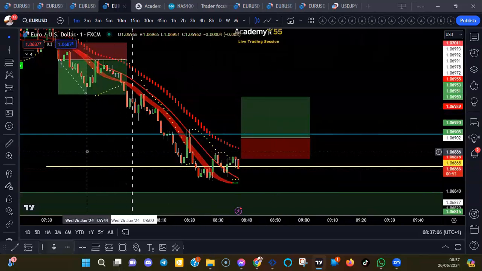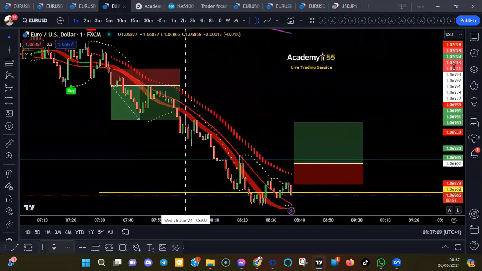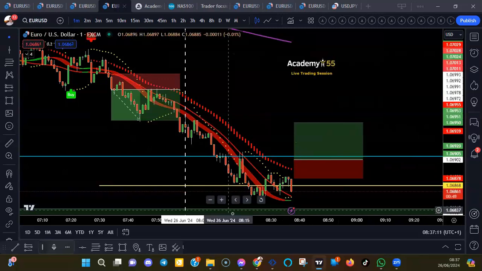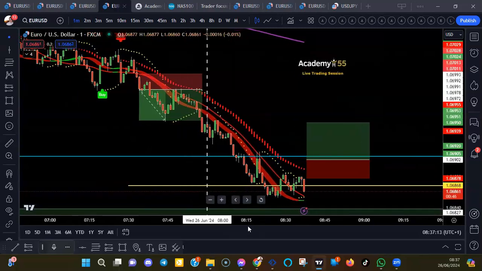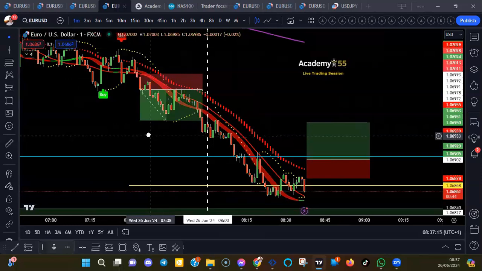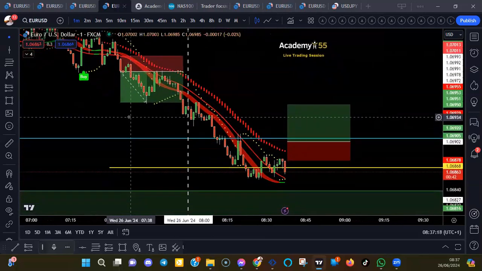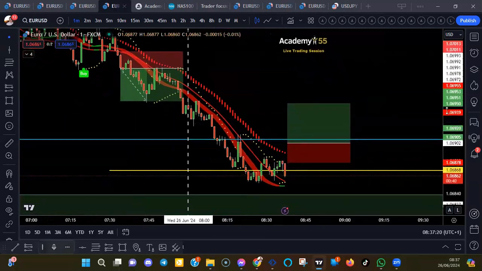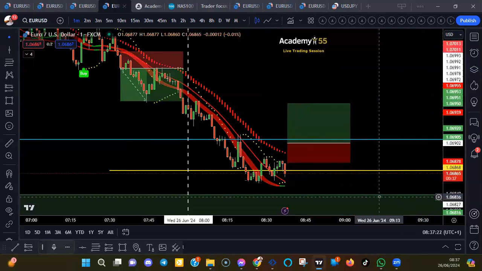And this Academy 55 indicator will keep you in good trades generally and keep you out of bad ones generally. And like I say, we have a 60 to 70% win rate, which we're proud of. And with the rules, 1%, and your mental rules that we come up with,